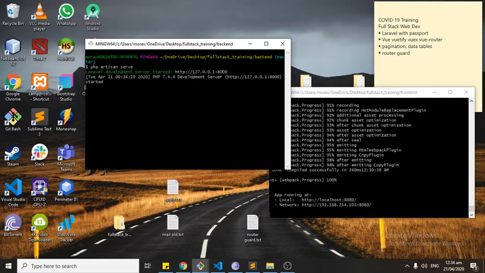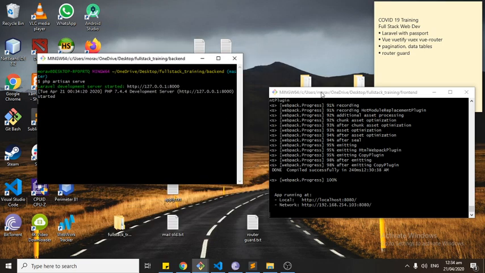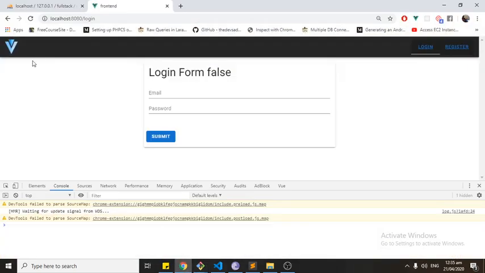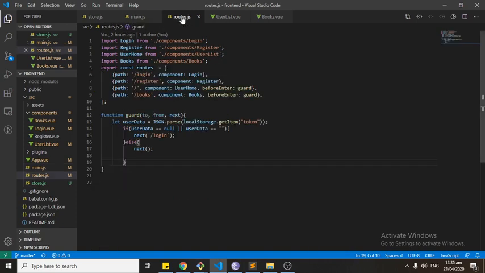So we are here in our part 2 demo for our full stack web development using Laravel and Vue.js. This one is our Laravel backend again, and this one is our front end Vue.js. The next thing we're gonna do is we apply some